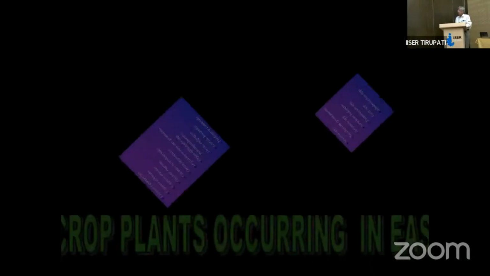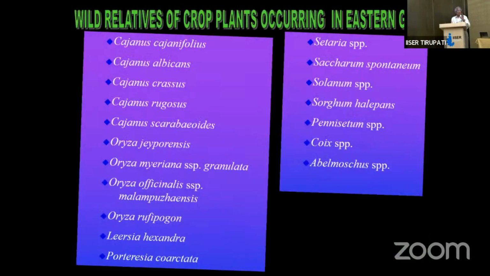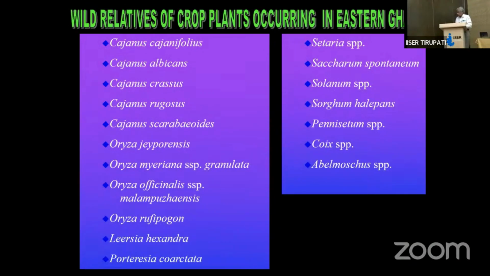Yeah, these are some of the... Yeah, look here. Wild relatives of cultivated plants are there in Cajanus. One of the scientists from Wageningen, from Netherlands, came and worked on this in Eastern Ghats. Your dal has originated from Eastern Ghats. Its wild relatives are there in Eastern Ghats. Remember, these are Cajanus, Cajanus albicans, crassus, rugosus, sericeus. Then 5 species of